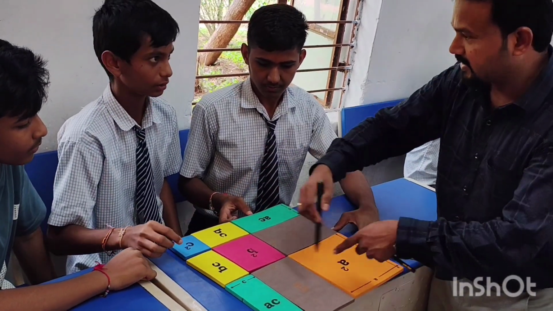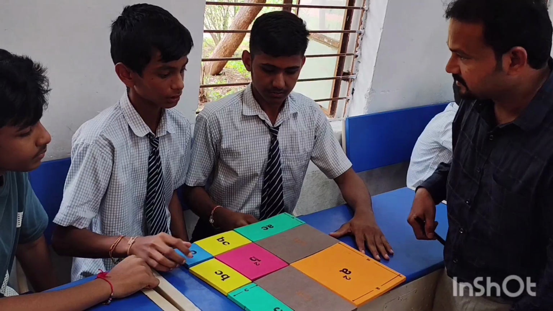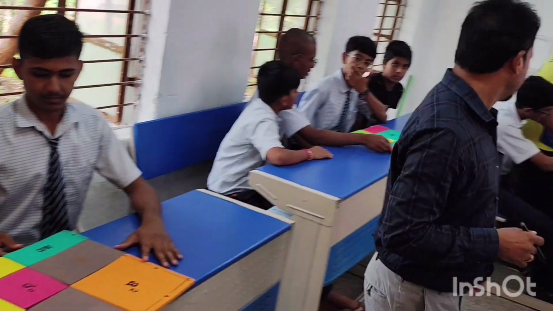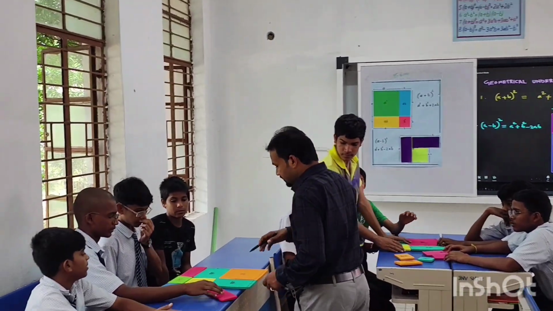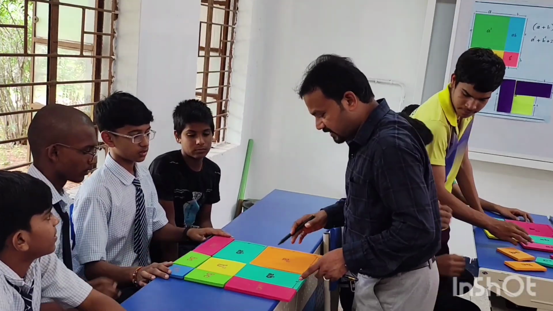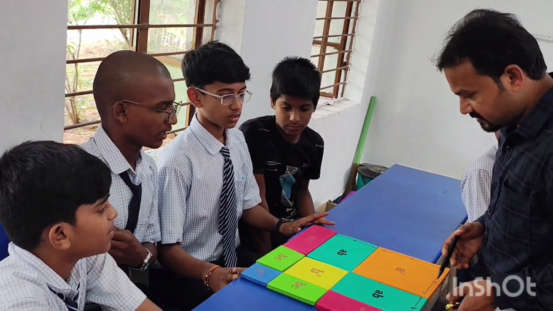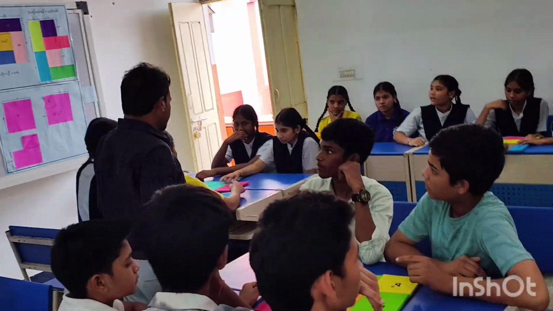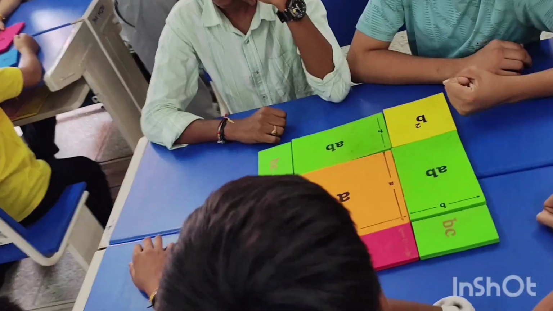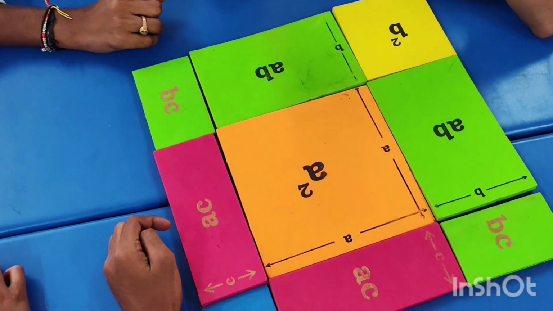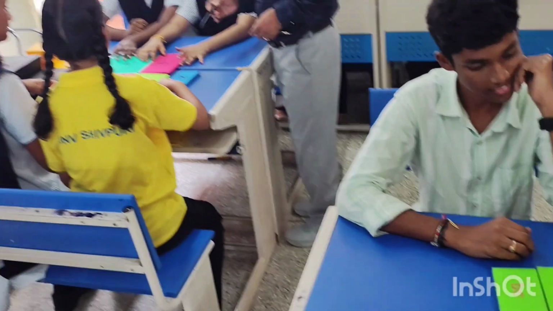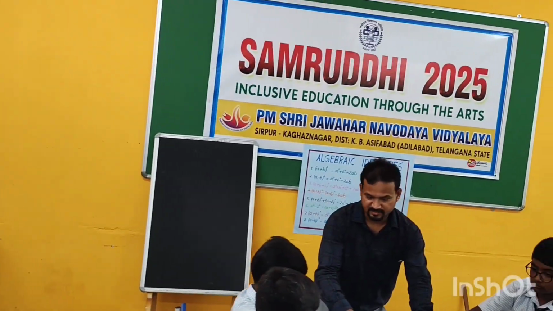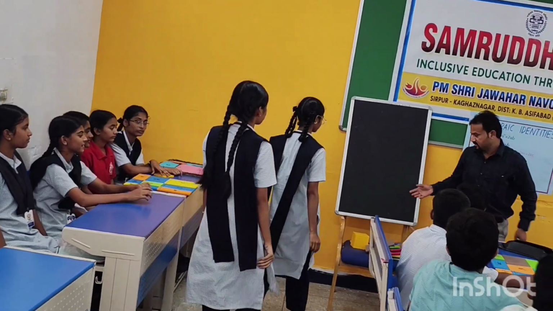Is it a square or rectangle? Square. What is its side? Sir, a plus b plus c. Yes. Good. Yourself, you got a square or rectangle? Square. What is its side? Okay, right. Yourself correct. You need a square, b square, there is c square. Take two students from any group willingly. Good.